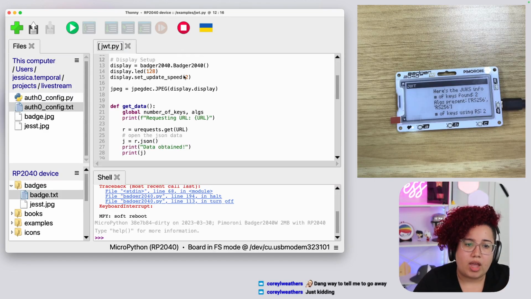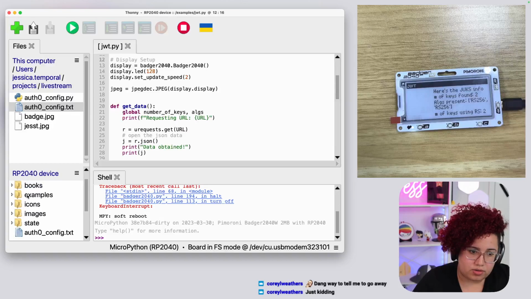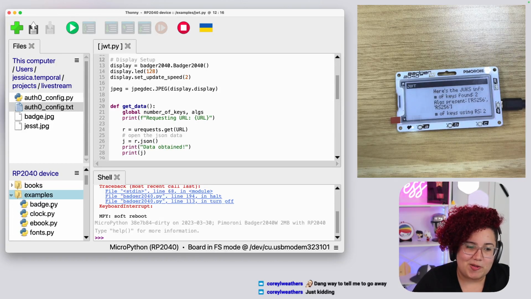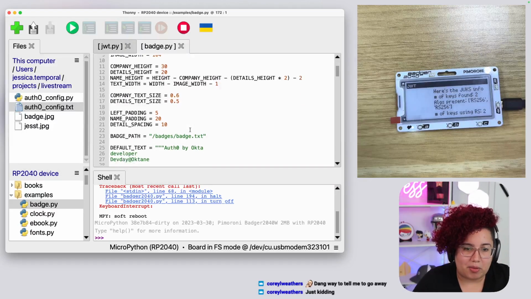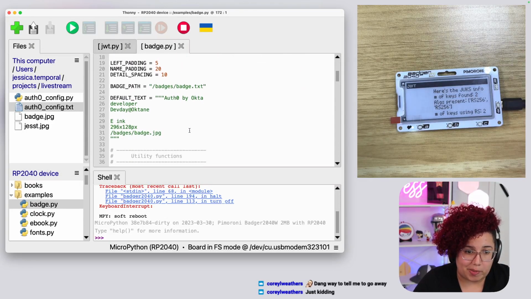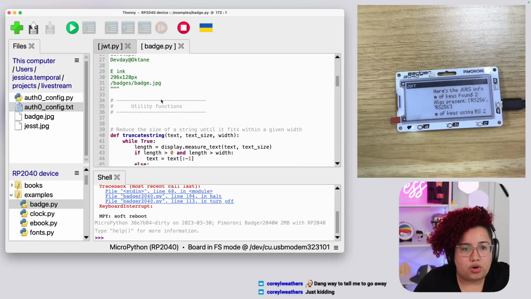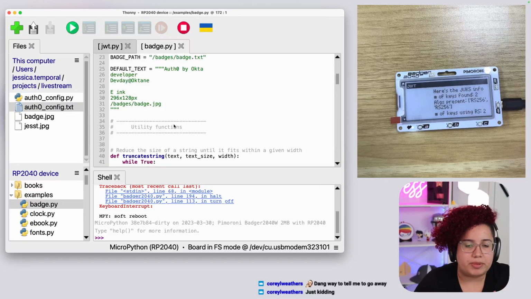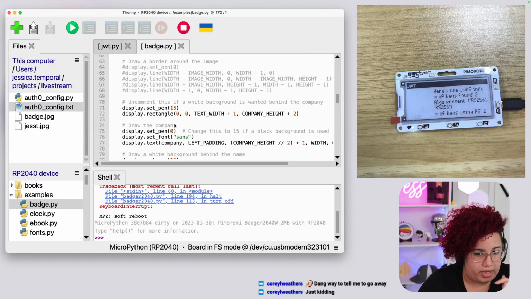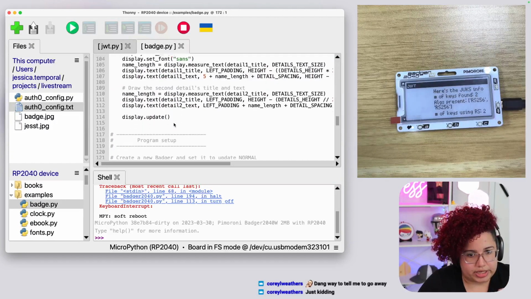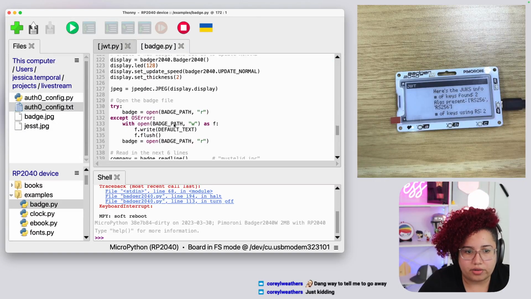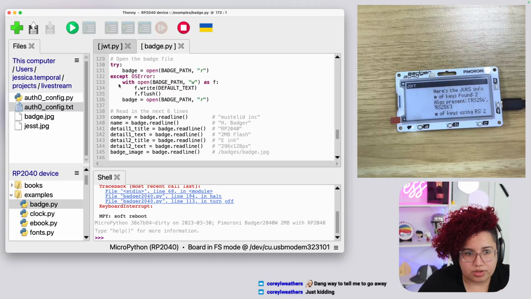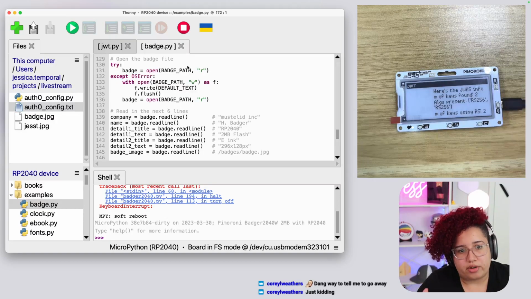So I'm going to use the same kind of idea to read the information from the Auth0 config file. And because I already know something that works, I'm going to copy paste from the badge.py file the process of reading a given badge information. I'm not going to go into details how this badge.py file works, but basically it reads the file and it displays the information on the screen. And I'm going to scroll down a little bit here because I know somewhere in here, it has the part about reading the txt file and loading that information into variables. So for example, here, open the badge file with a try except. So basically you try to open the file for reading, and if you get an error from your OS,